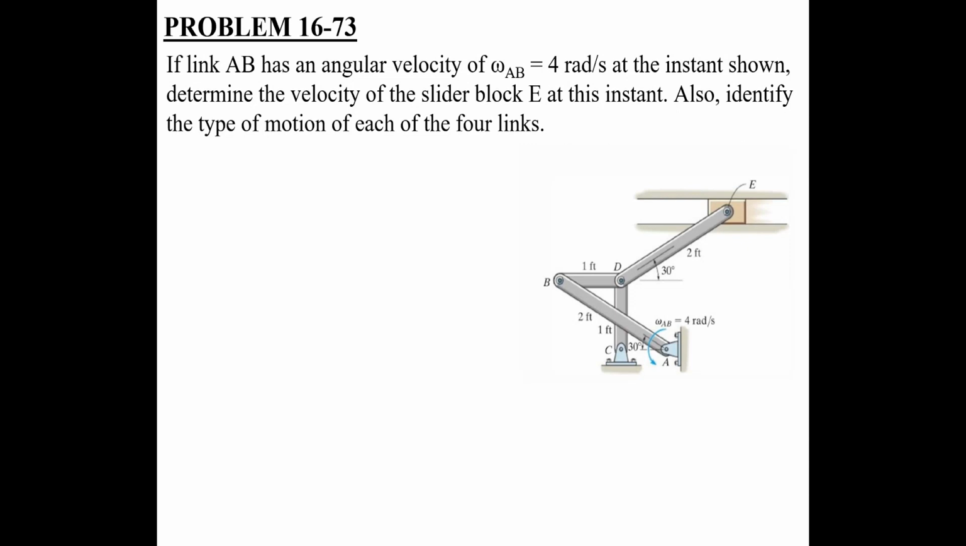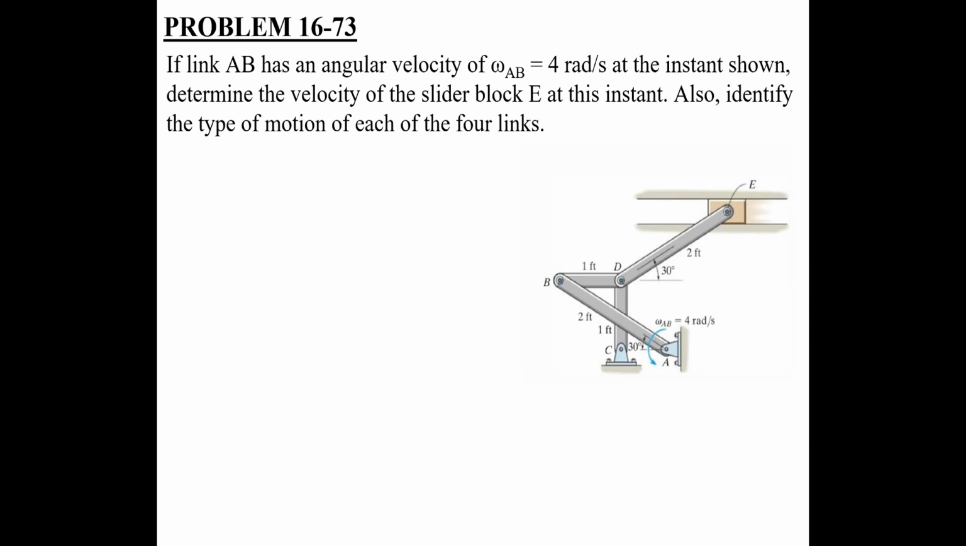You have a rigid body mechanism shown, and the link AB is rotating in a counterclockwise direction with a speed of 4 radians per second. You need to identify which type of motion each of these links is undergoing, and then you need to find out the velocity of this piston E or slider E or collar E, whatever you want to call it,